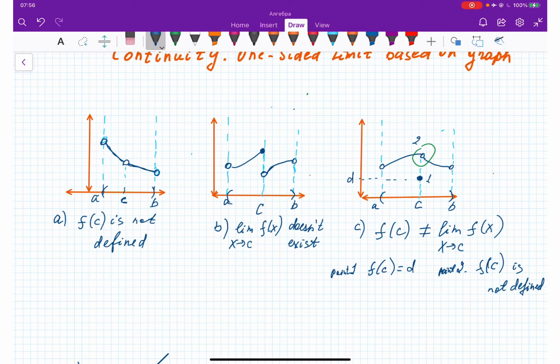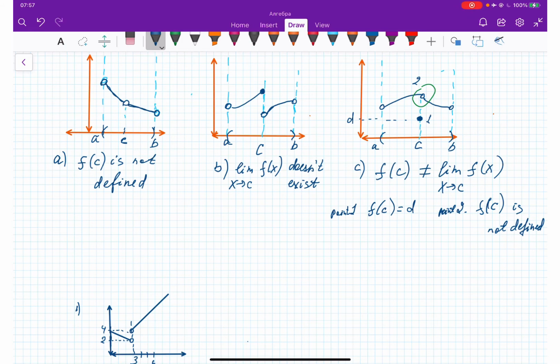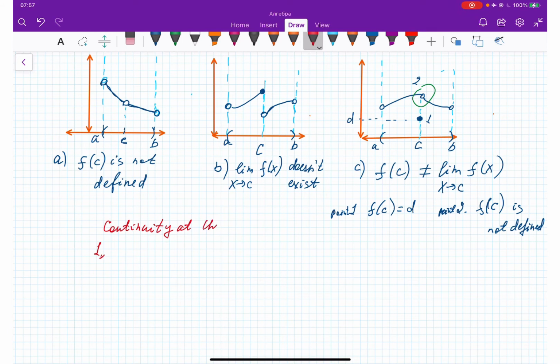Okay. So what can we say about all this? About continuity at a point. Yeah, let's generalize. The function f is considered continuous at the point C when, so red color, continuity at the point C, okay, point C. So when f of C is defined,